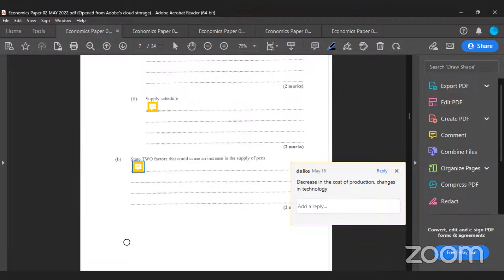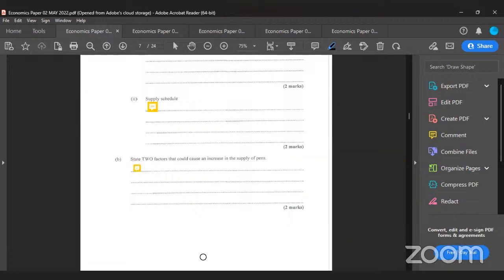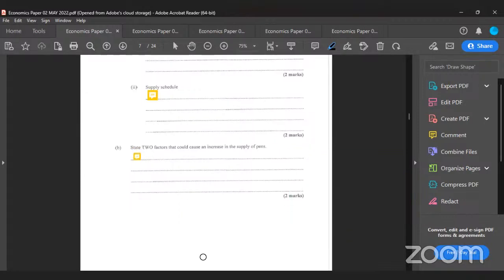If you had changes in technology, then that would also influence the way in which you produce pens. So for example, let's say that you had a device, some artificial intelligence or some device like that, and it can produce pens like instantly. So you don't even have to wait on a person to make the different pen parts and stuff like that. You have robots that can do that for you. So that would also increase the supply of pens quite a bit. All right, so those are 2 factors. You have other factors as well. For example, if there's an increase in the number of persons, right, then the supply of pens would increase by default, right?